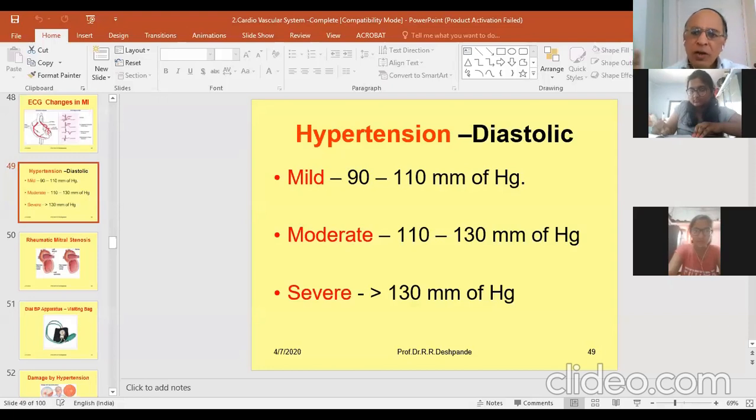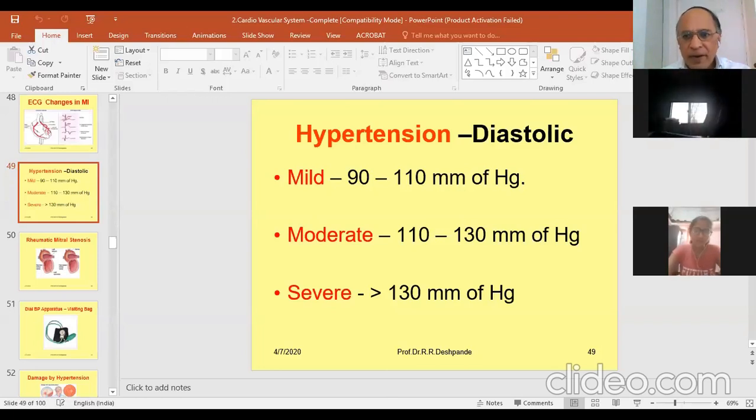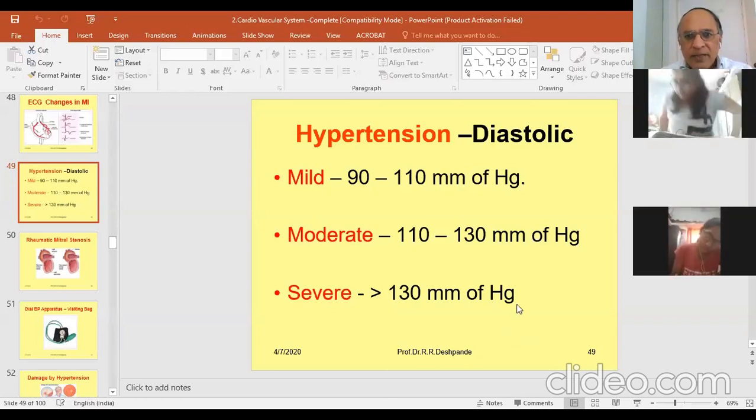Dr. Deshpande's all lectures will be based on this principle only. That is must to know. If you know this information, definitely you can practice very well at a general level. I'm not saying you may be the consultant over there, but at a general level, maybe Ayurvedic, maybe allopathic, you can practice very well. Regarding the hypertension,